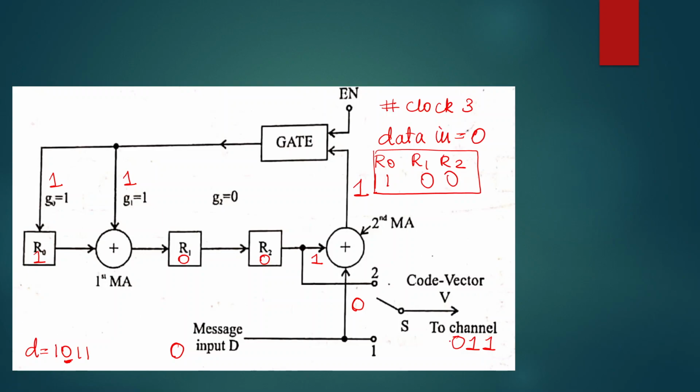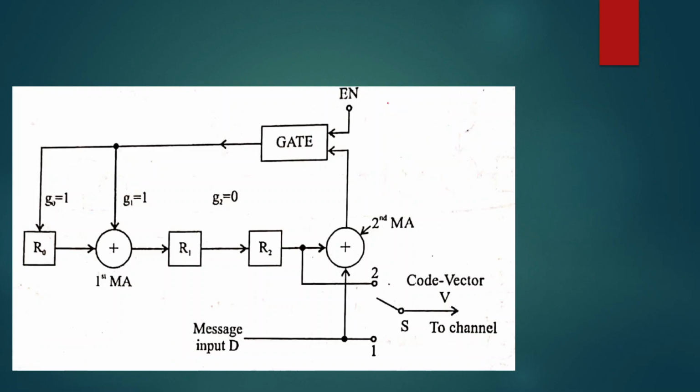So now we have effectively sent 3 bits. Coming to clock number 4, the fourth clock pulse, the last data bit enters now. The data in that I'll be providing, the last bit, is also 1. So in that case, the channel will have now complete data. Now 1, the previous state of the shift register is 100. Now 1 enters here. It gets added with 0. 1 goes here.